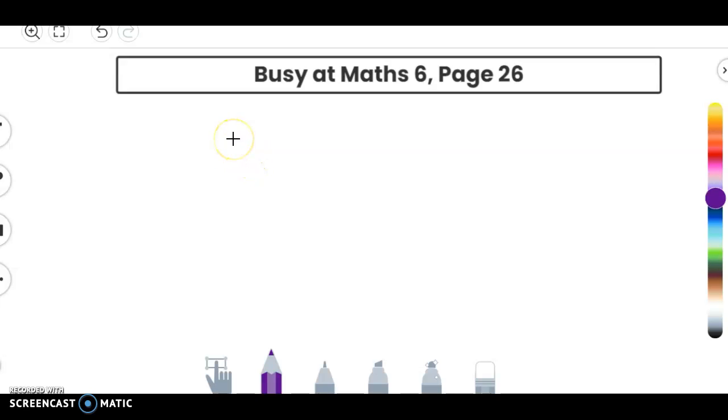Okay, this is Busy at Math 6, page 26. This is multiplication. This is going to be long multiplication, and we're going to multiply decimals. So the first one, 1a, is